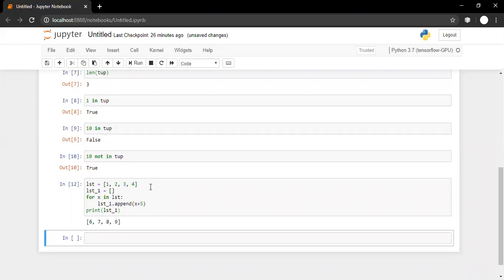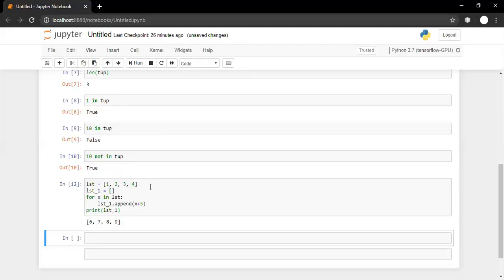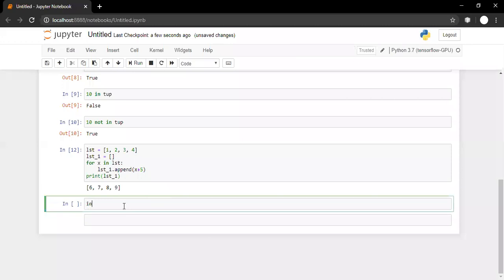So how are we using a lambda function? Let us say we are writing a lambda function something like this. So increase is equal to lambda. Now we are giving a particular name, that is increase, to a lambda function. x is an input to the lambda function, colon. Whatever comes after the colon is the body of the lambda function. Before the colon is the argument to our lambda function, and after the colon is the body of our lambda function.